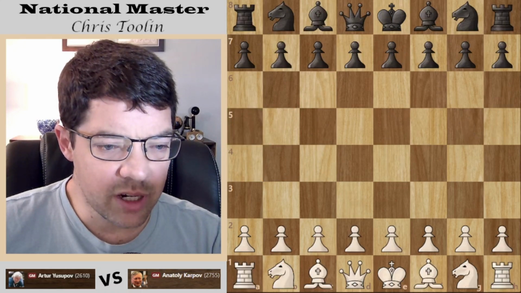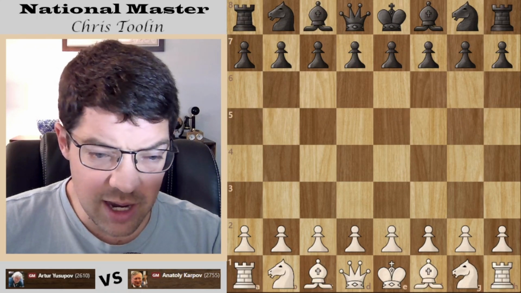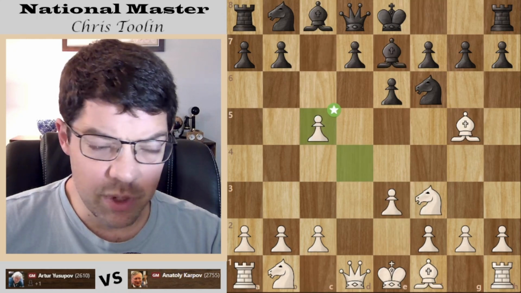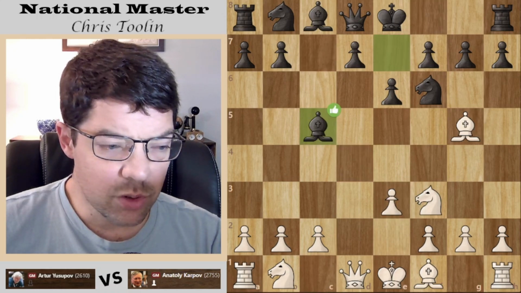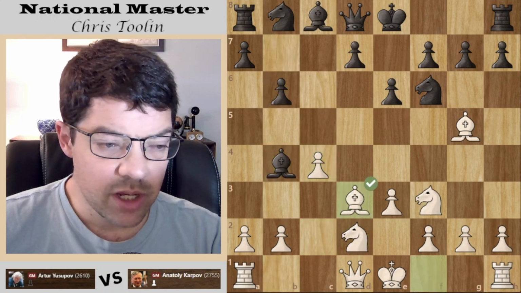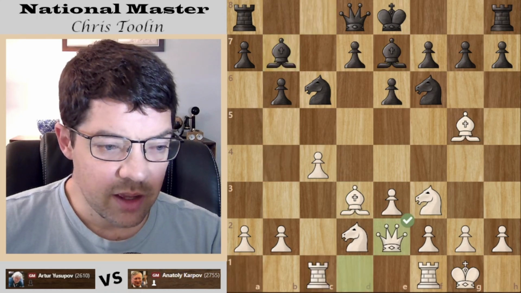Okay, let's move along, folks. Here we go. We're moving on to game number 7. We are still tied in this match. 2 games left. Epic match, like we said. Another Torre attack. Yusupov really not playing the highly ambitious openings, just getting good positions and trying to attack. Queen e2.